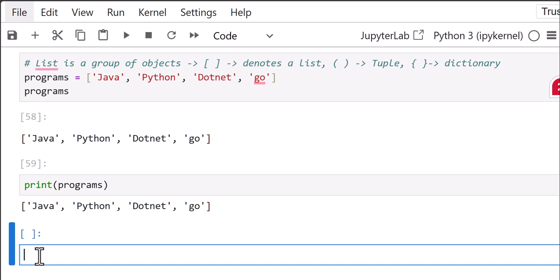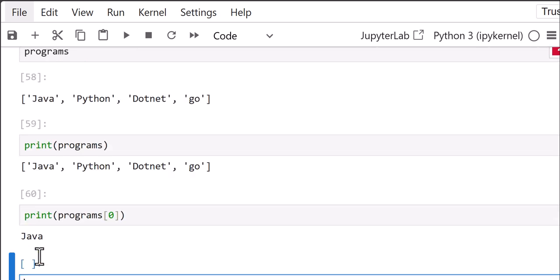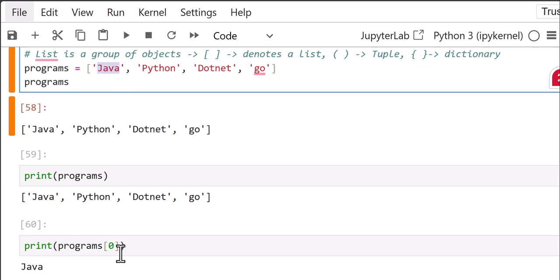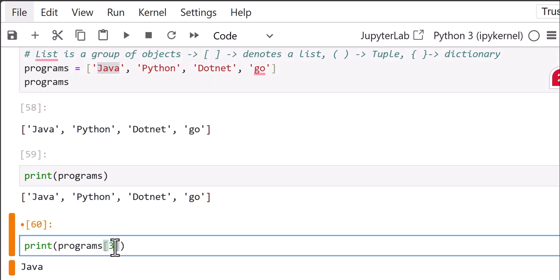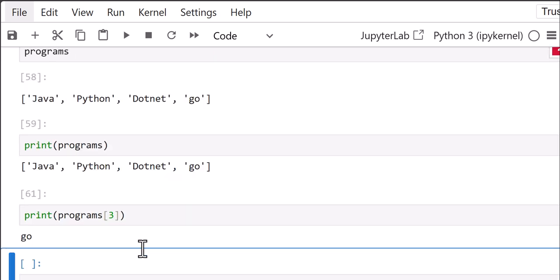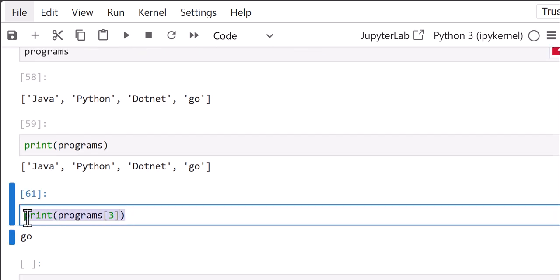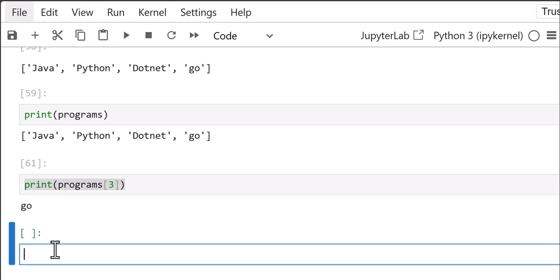Now to access items in a list, we use the same approach that we have used with strings. Programs of 0 will give me the first item, or if you want programs of 3, it will give me the last one. And then if I try to access with a 4,